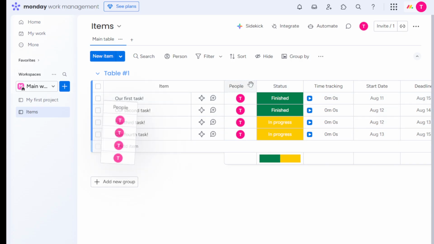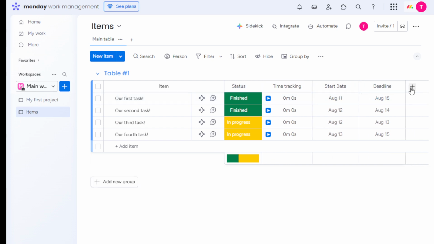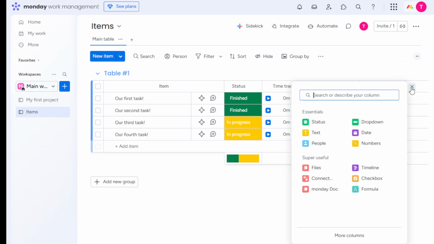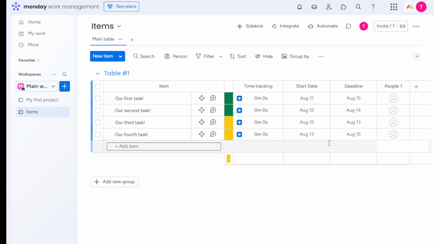To begin, you'll want to add a people column to your board. If this is your first time doing so, simply navigate to the column menu located at the top right of your board. It's represented by a plus sign icon. Click on this icon, and you'll see a variety of column types that you can add. In this case, look for the one labeled People and click on it. This action will add the People column to your existing board, making it ready for you to begin assigning tasks